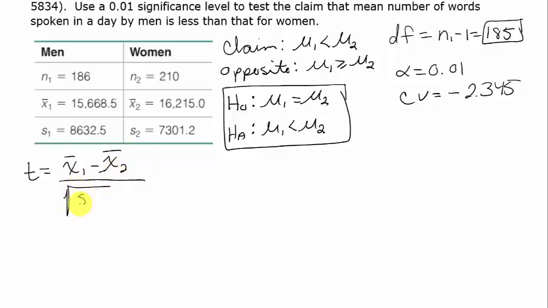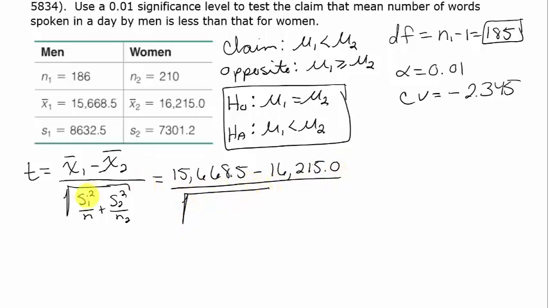And then we divide by the square root of s sub 1 squared over n1 plus s sub 2 squared over n2. Now plug in our numbers. X bar sub 1 is 15,668.5, and then minus 16,215.0,